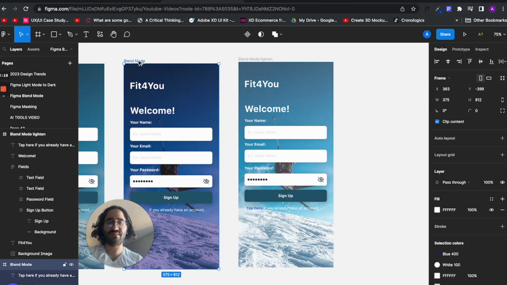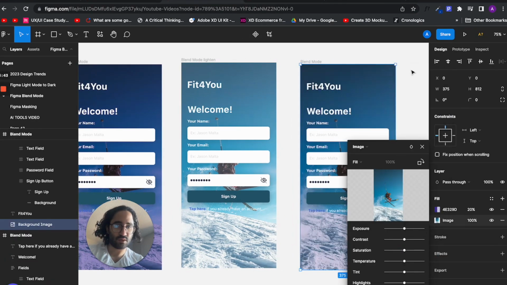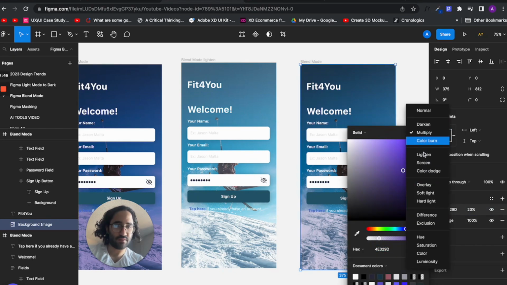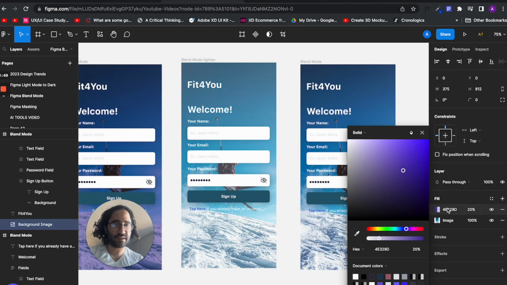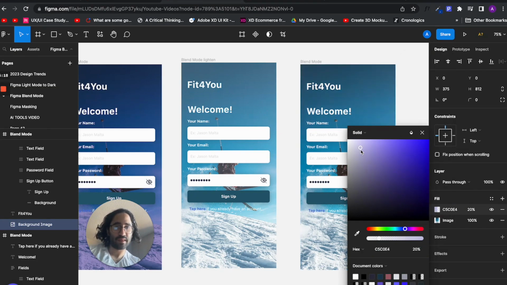Now, the next one we have is the contrast maximizing options. Oh yeah, normal. So image is normal. The overlay one is the important one. If I pick overlay, it's going to maximize the contrast. So if I was in red, it's going to maximize the difference between these two. The best one for me is, probably I would play around to see what is different, and I can go here as well. I can try different colors. But I would pick around, let's say, this purple, and I can also do soft light as well,